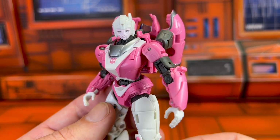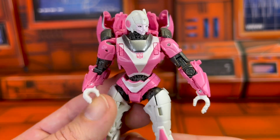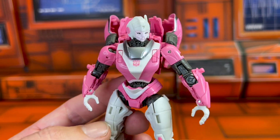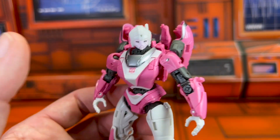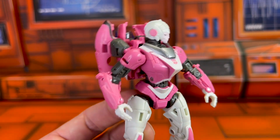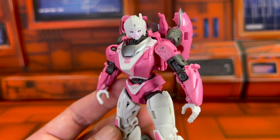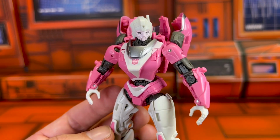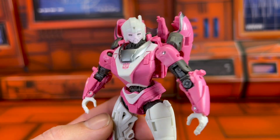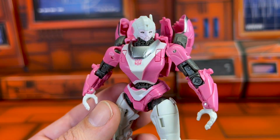Series line is that they didn't have their hands tied by having to make sure that they accurately represented two on-screen modes. All we got was this, more or less this, and then they could pretty well just summon up any alt mode they wanted that felt even remotely purposed for that character, and it's led to some real special figures. She's just so delicate, because she's so little, but you feel it. She's got some of that IDW, like,